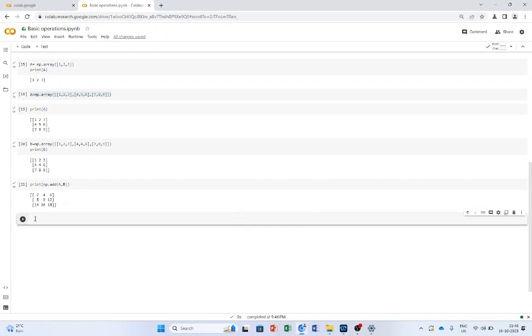Okay, so now if you want, you can even assign some variables. You can assign c is equal to print np.add a comma b. Suppose I want to find the product of a and b. I have a matrix A, I have a matrix B. Suppose I want to do matrix multiplication with these two things. What I should do is, I'll be using the command print